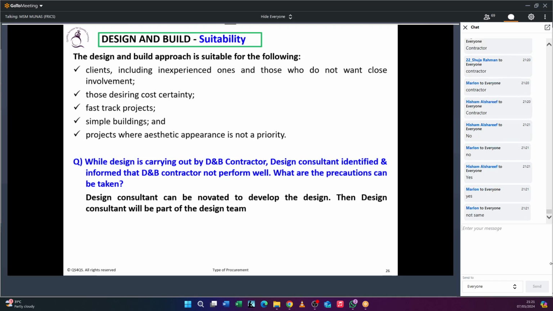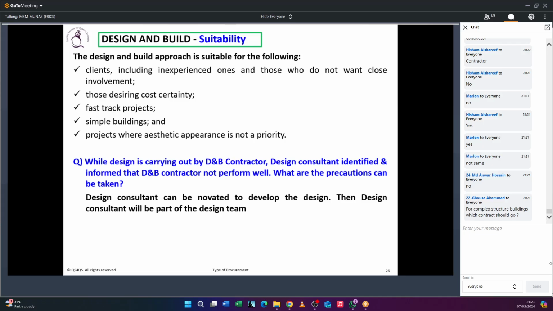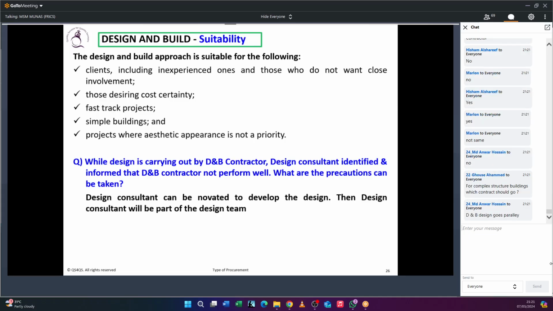Now, some people think they can use the two stage tender to do a design and build procurement route. Is that correct theory? They are using the two stage to do a design and build. Is it correct? Is that happening in the two stage? No. Okay. So if you understand very carefully whatever I have taught you, that only makes sense. So both are different.